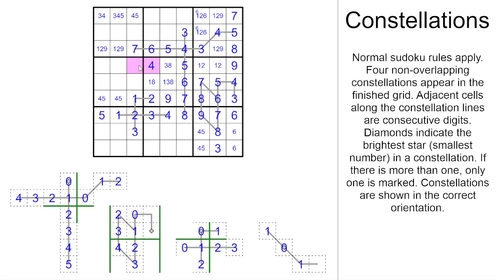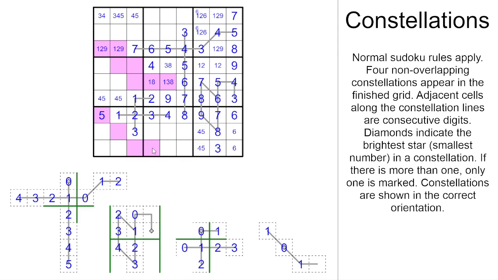If it were to go in this row, it would have to go here, but then this would have to be either a 3 or a 5, of which it can be neither. If it goes in this row, it looks like it can go either here or here, and we'll find out one of these two is correct. It can't go in this row, can't go in this row, can't go in this row, and it can go